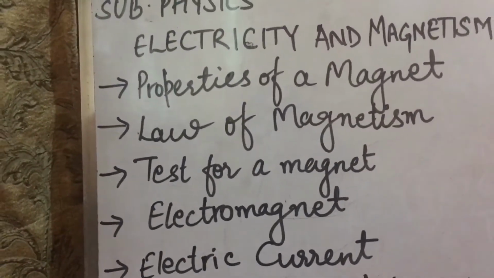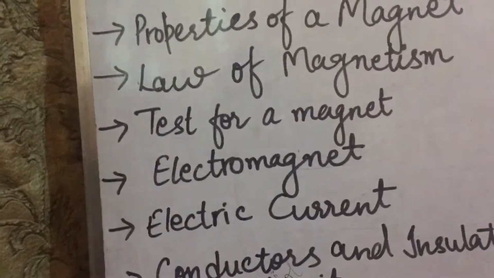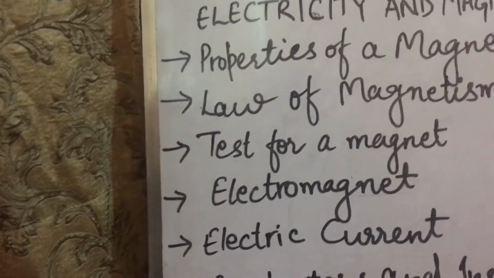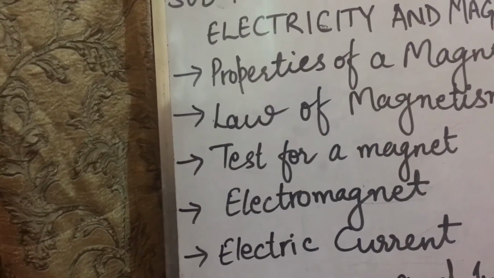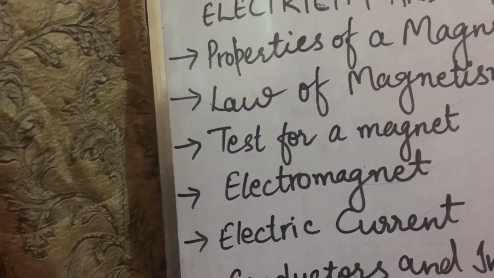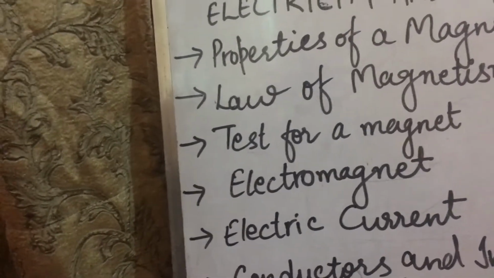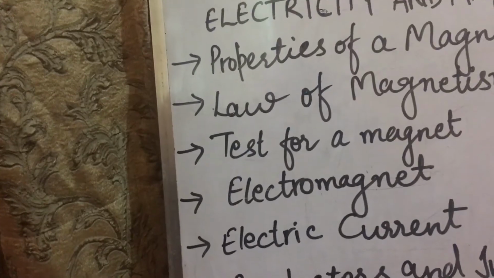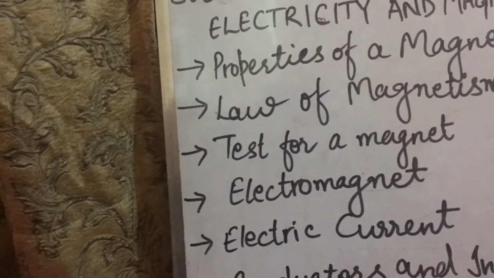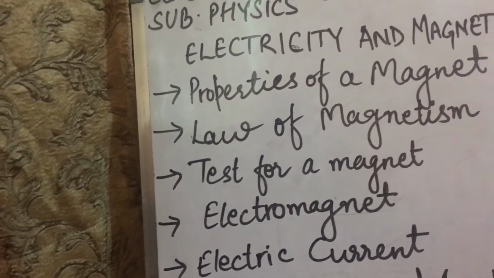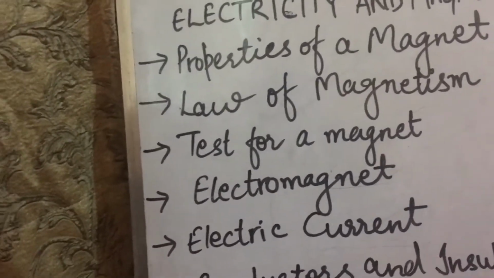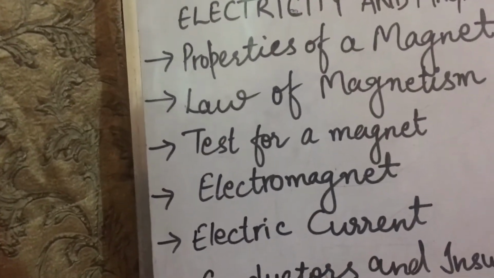Okay. Now the next topic is electric current. What is electric current, children? Whenever an electric appliance or a gadget is working, what is actually happening at that time? An electric current is flowing through the appliance or the gadget. If we say that a mixer or a grinder is working, how is it working? It is working because electric current is flowing through that appliance or gadget.